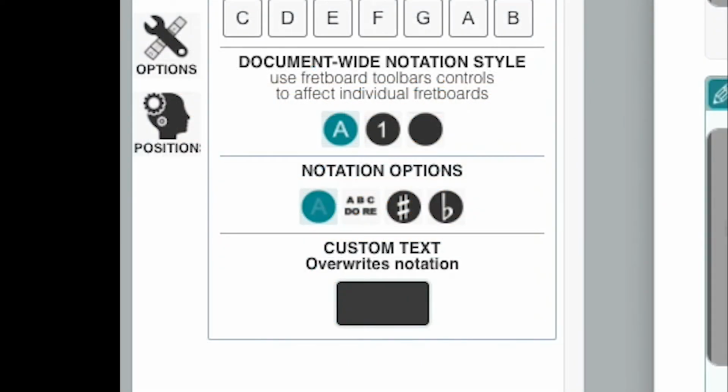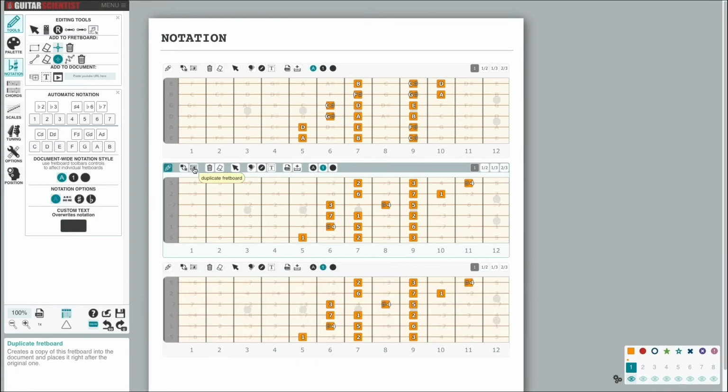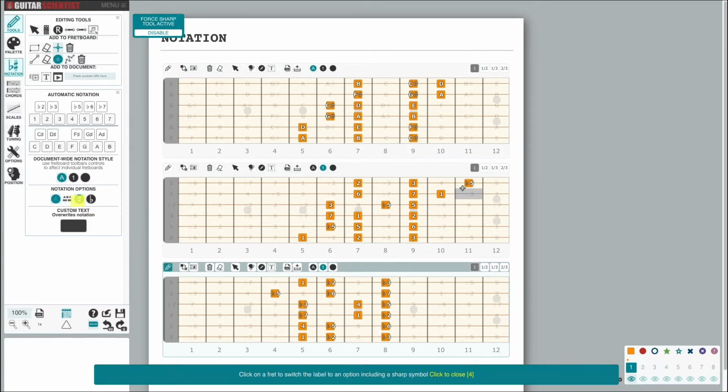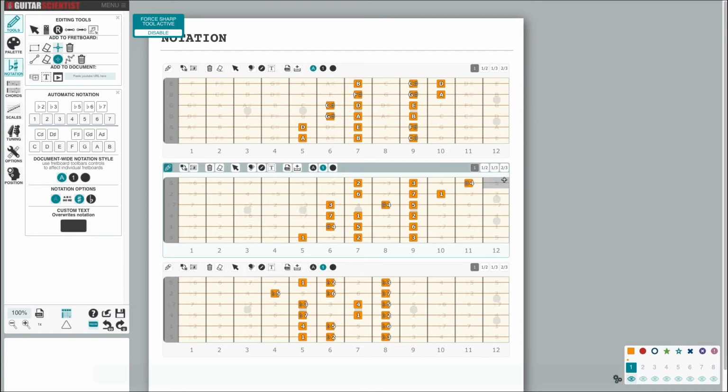Let's have a look now at the last two icons we left aside before. These are used when the global settings aren't enough to make everything right. If I add a third fretboard to the document with an A Locrian scale, in this case the same D sharp needs to be displayed as flat 5. The problem is that if I change this setting, the document will display the Locrian scale correctly, but our Lydian scale is back to using the flat 5 instead of the sharp 4. This is when I'll need these two last functions. They will force the sharp or flat notation on an individual fret, regardless of the global setting.